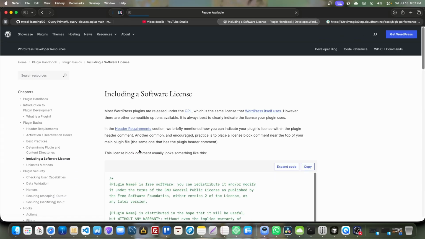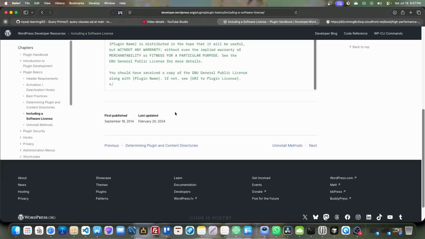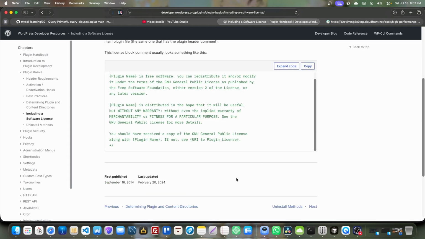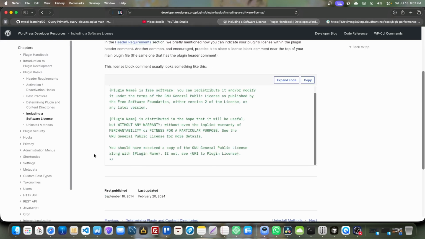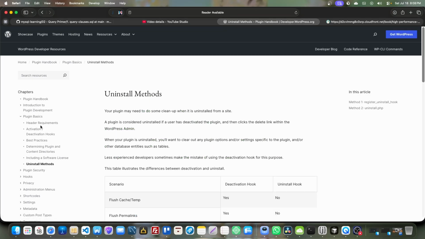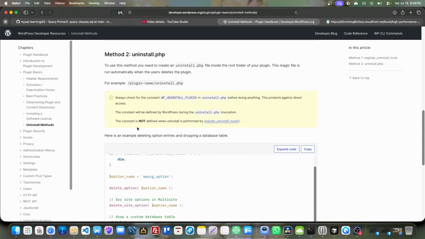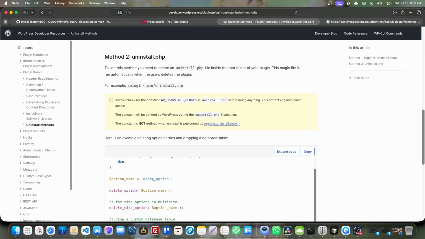So after that, it has including a software license. So this is basically a simple boilerplate, that if you want to give a GPL 2 or 3 license, then you can see this. And it has the uninstall method. So the uninstall method basically runs when your WordPress plugin has been deleted by the user. Like if you see here, it has an example. Okay, to use this method,